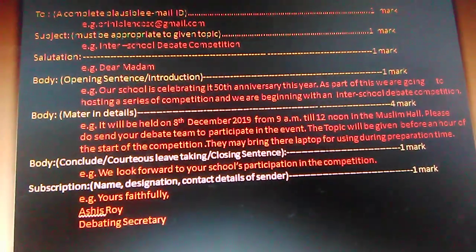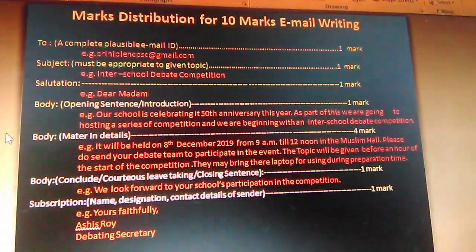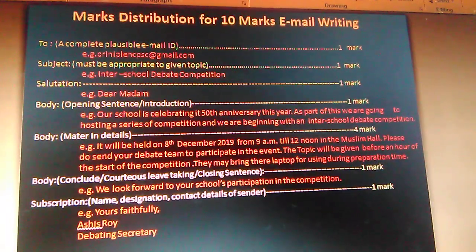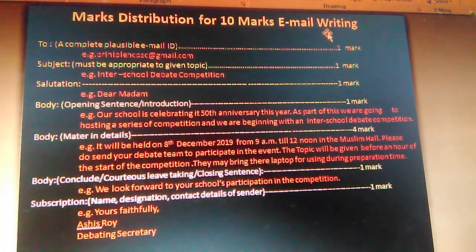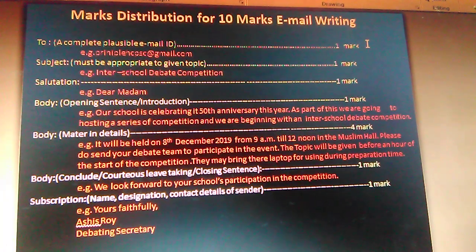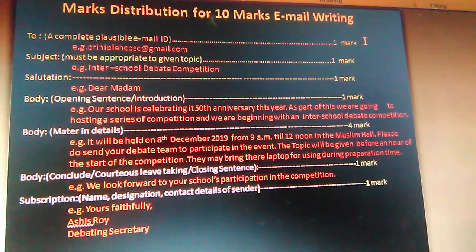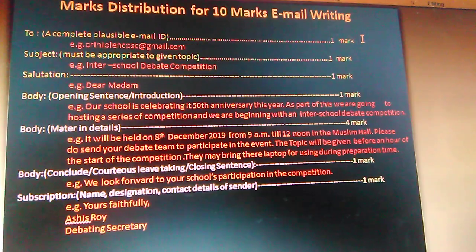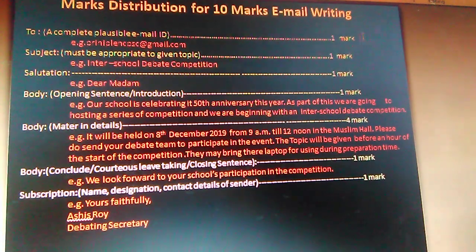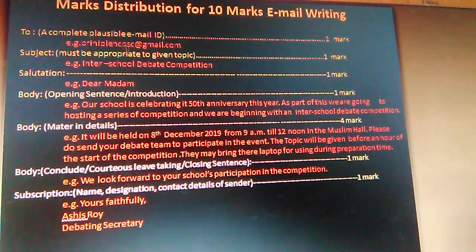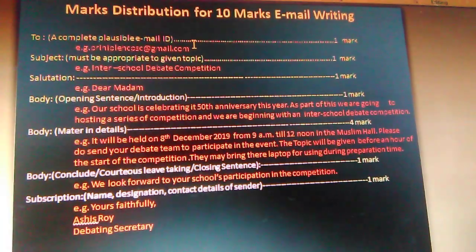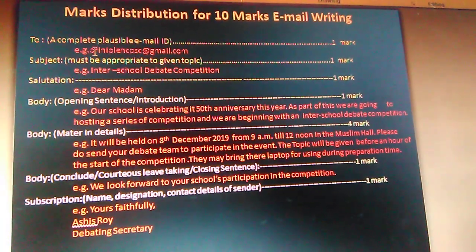Now look, here is something very important. This is the marks distribution for 10 marks email writing. So how will you get 10 out of 10? What are the characteristics the examiner is going to judge or test when the examiner checks the email? Here, first, a complete plausible email ID. So here you have to write an ID,